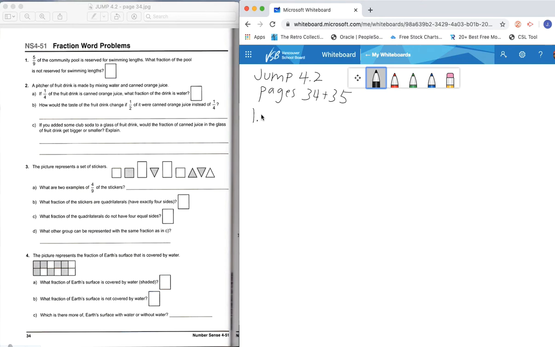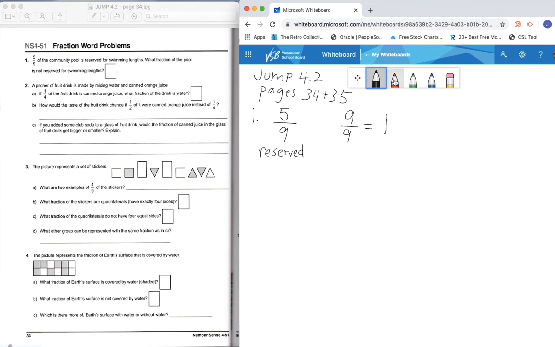Number 1 reads, 5/9 of the community pool is reserved for swimming lengths. What fraction of the pool is not reserved for swimming lengths? So you need to think about, okay, so we have 5/9. Then you need to remember that 9/9 equals a whole, right? So if 5/9 are reserved, then